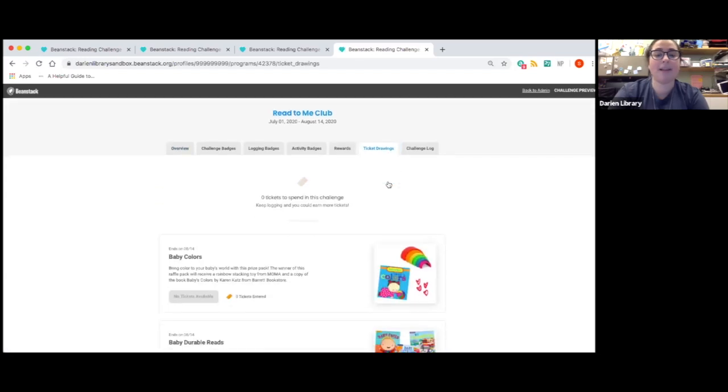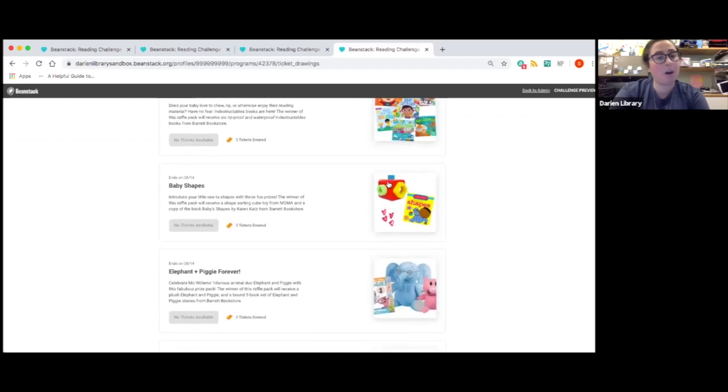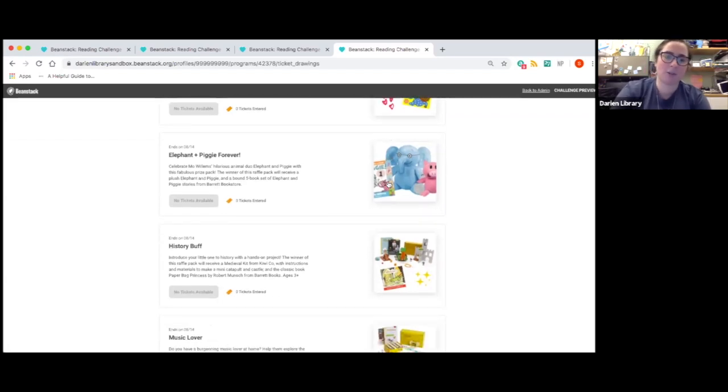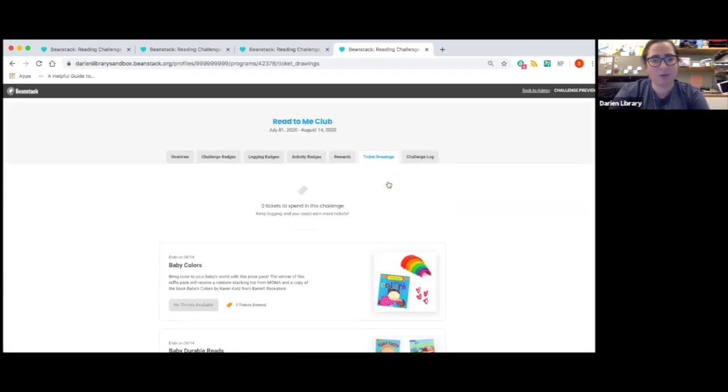The Read to Me Club has their own set of raffle prizes. Half of them are for children who are probably ages 0 to 2, and the others are for ages 3 to 5, so preschool age. And like the kids summer reading program, they will also have the opportunity to get a free book when